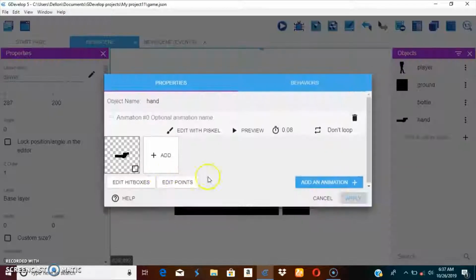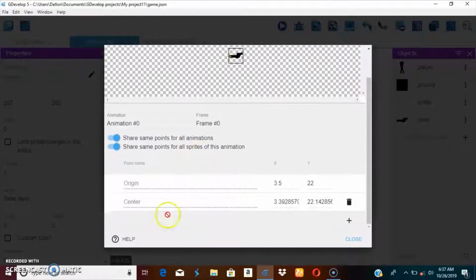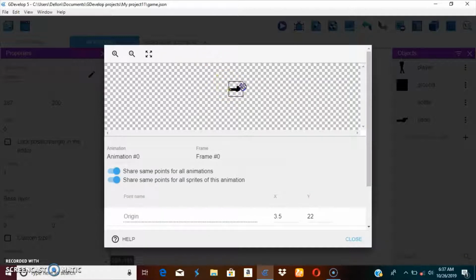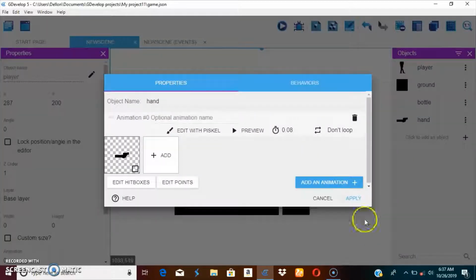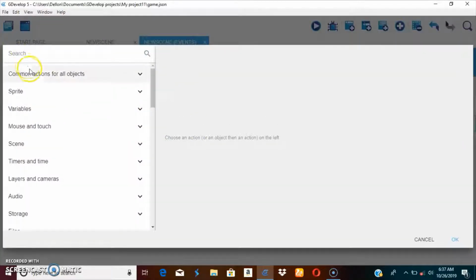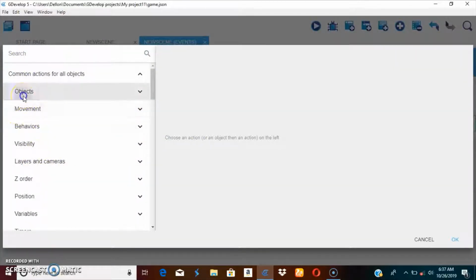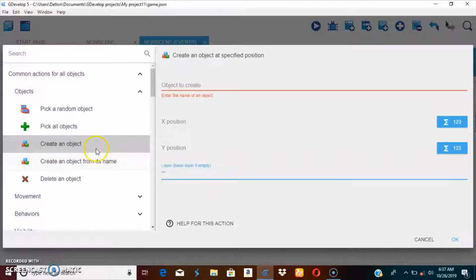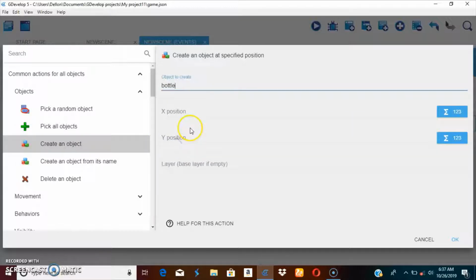So we're gonna go and edit points, create cannon. Let's go cannon. And when left primary mouse button is down, create bullet